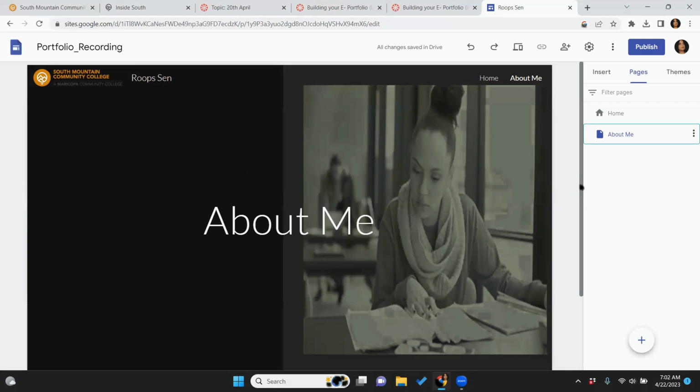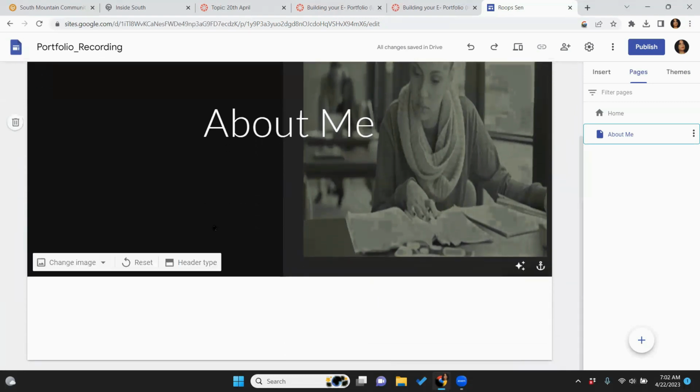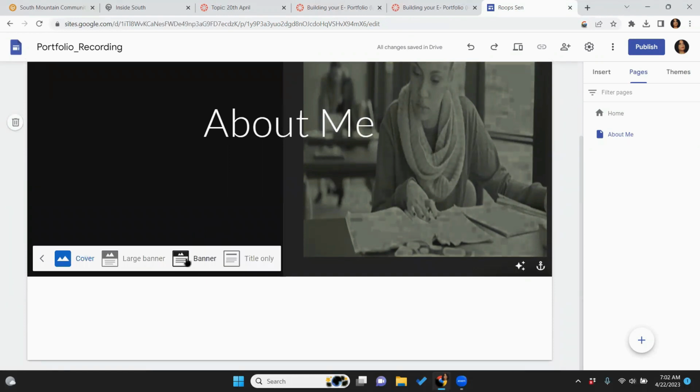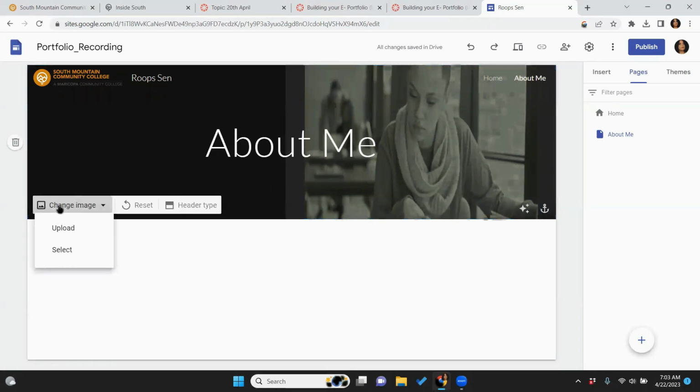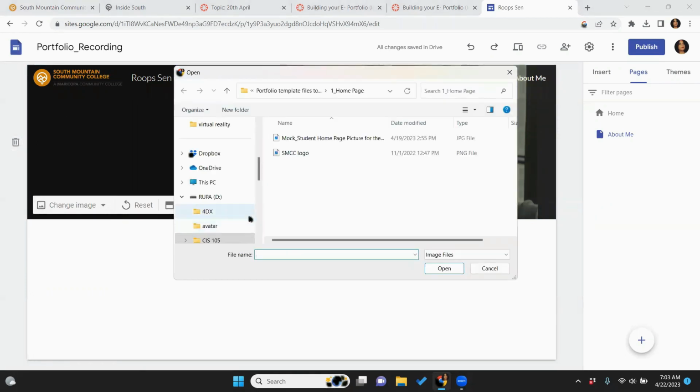So first, let's change the header type. And for the rest of the pages, I'm going to keep the header as banner. I'm also going to change the banner over here, and then I'm going to click over here. I'm going to change the image, upload,